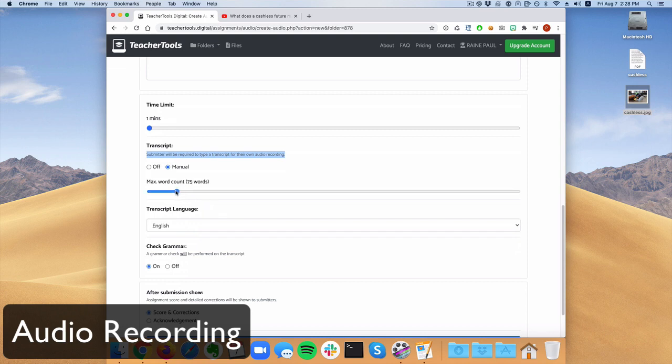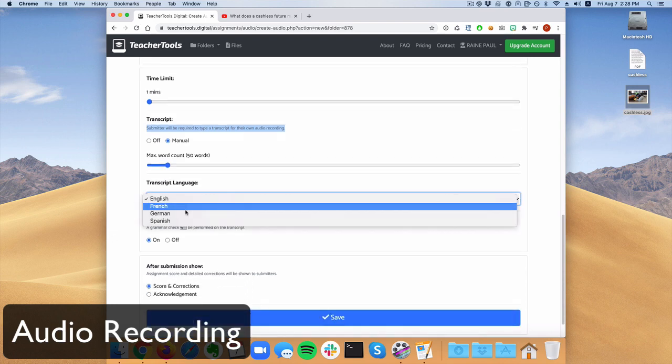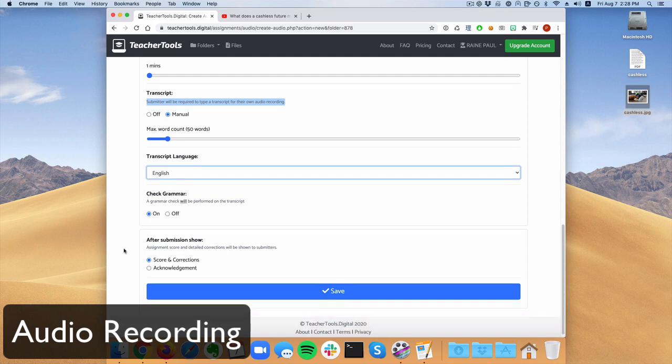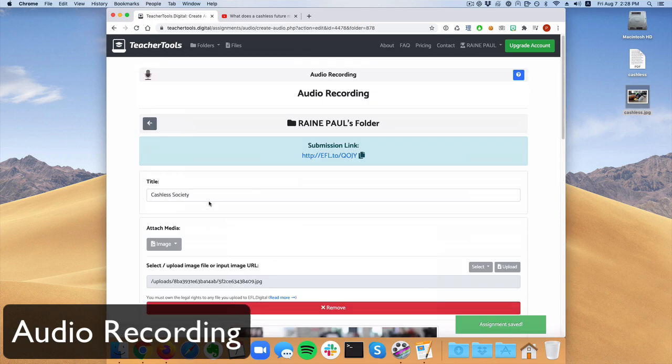So I want my transcript to be a little bit short, I think only about 50 words. And the language is English, although we also support French, German and Spanish. And a grammar check will be performed on the transcript, so students can get feedback on their spelling and grammar mistakes, if there are any at all. And I can choose to show a score and corrections or only an acknowledgement, and I'd like to show score and corrections. Click on save,